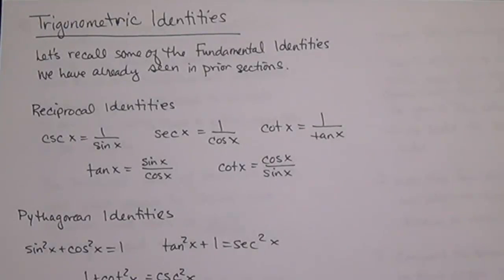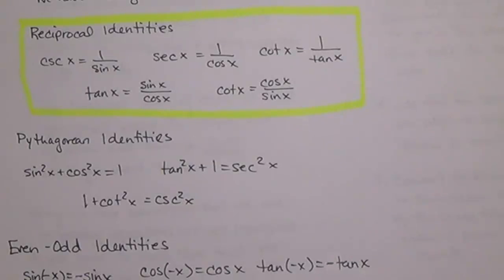So cosecant of x equals 1 over sine of x, secant of x equals 1 over cosine of x, cotangent equals 1 over tangent, and then we have the tangent and cotangent functions defined in terms of sines and cosines. The next set of properties we have are the Pythagorean identities, and again these are the ones that relate